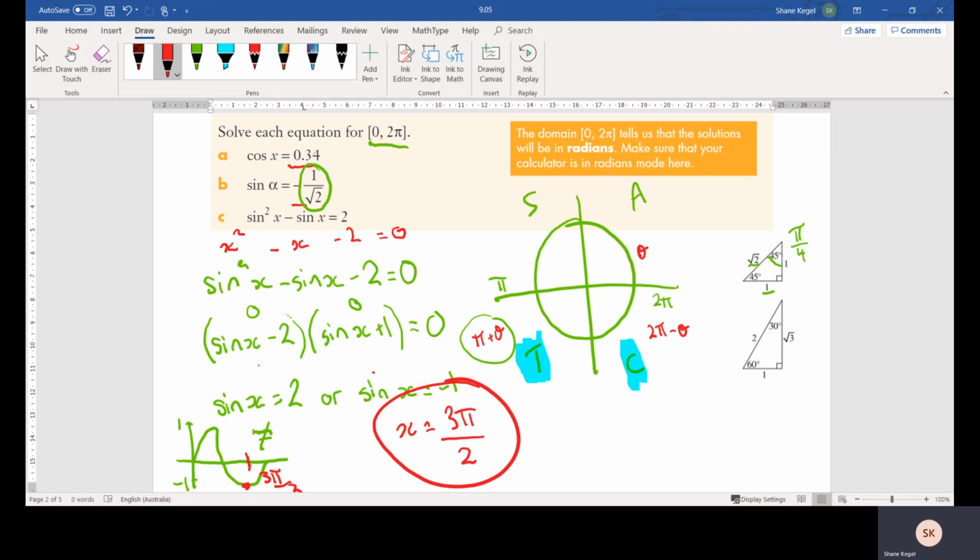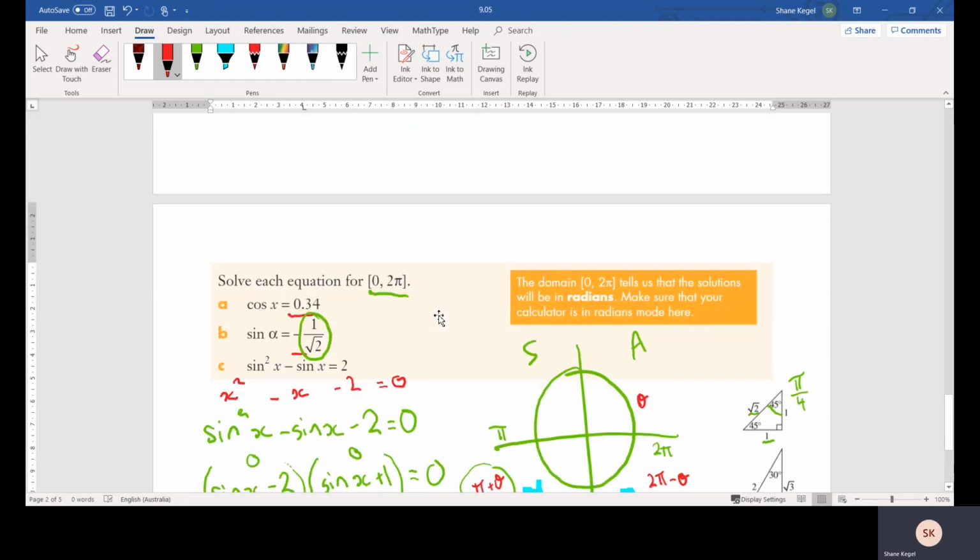And that is our only solution for that last question. So the last question is a bit tricky. We need to recognize firstly that it's a quadratic, and then we need to factorize it and then solve through to find our x's. Okay, so good luck with